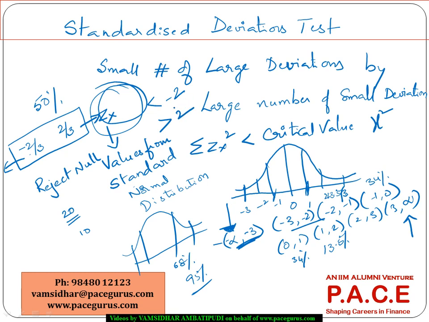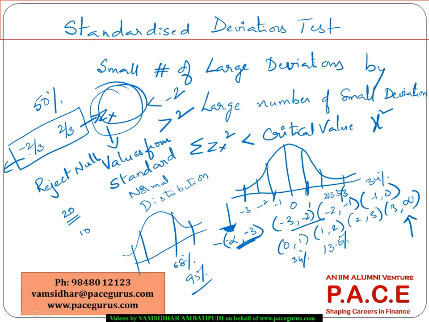There should be some concern that the fitment is not that proper, or if it is very much less than minus 3 or very much greater than plus 3, they are going to cause some concern that the fitment of the graduated rates with the actual rates is not that proper. So that is how we can use, first, the chi-square test